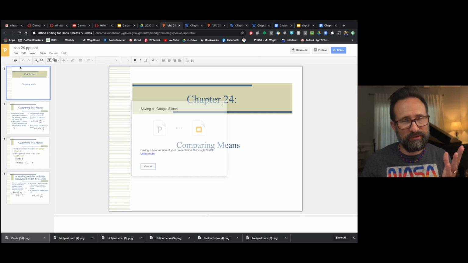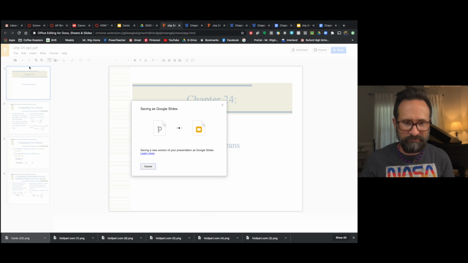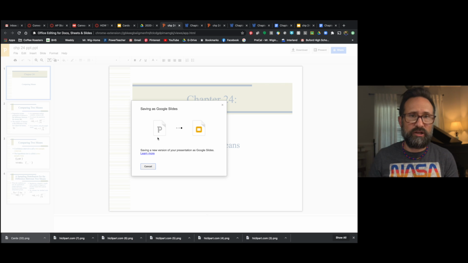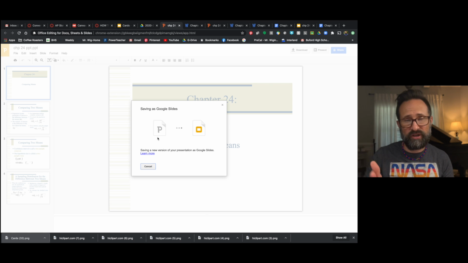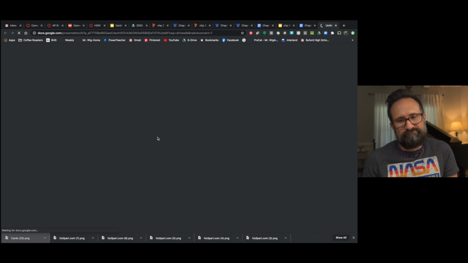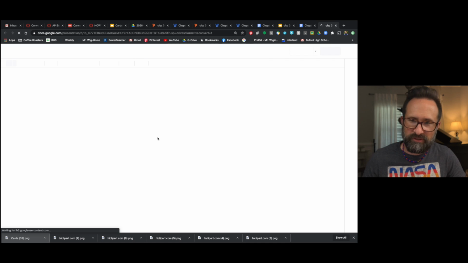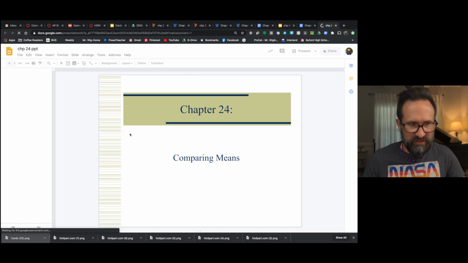But here again, I'm going to click Save as a Google Slide file or a Google Doc. And it's going to take it. It's going to convert that over. If it converts over well enough, it'll tell you that it was great. If not, it'll say we had problems here, and you'll obviously know what's wrong with it. So we can see that it's finished converting it,